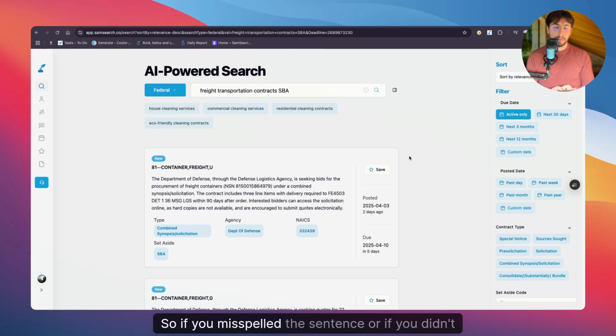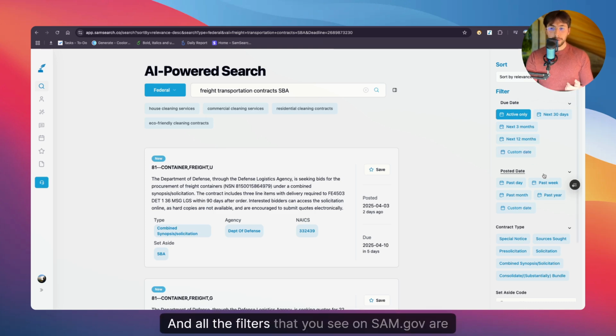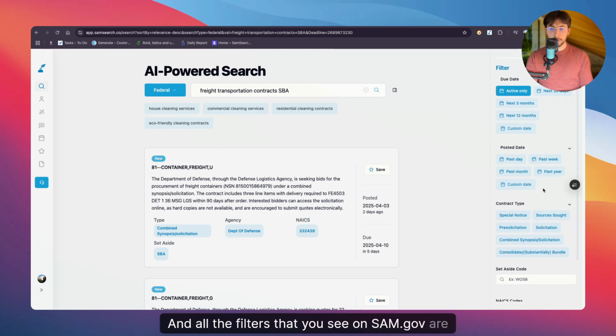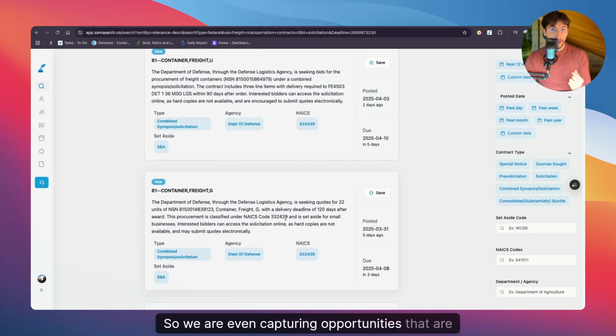So if you misspelled the sentence, or if you didn't really write the exact keyword that existed in SAM.gov, you should be able to find all of your opportunities here, and all the filters that you see on SAM.gov are also available here.